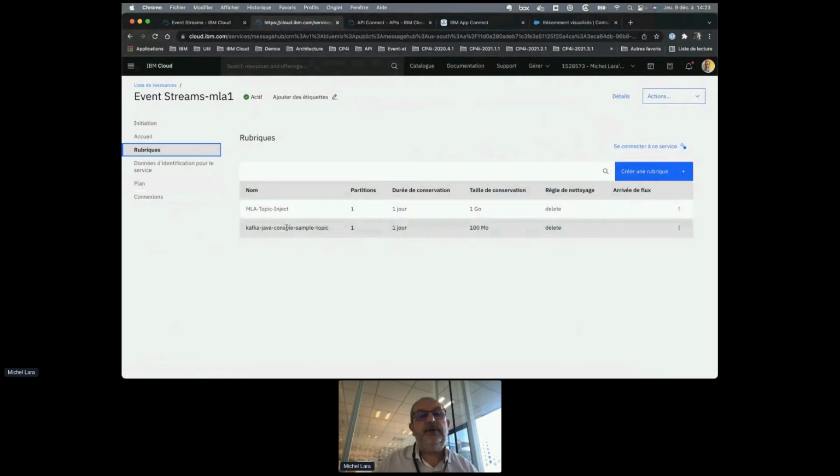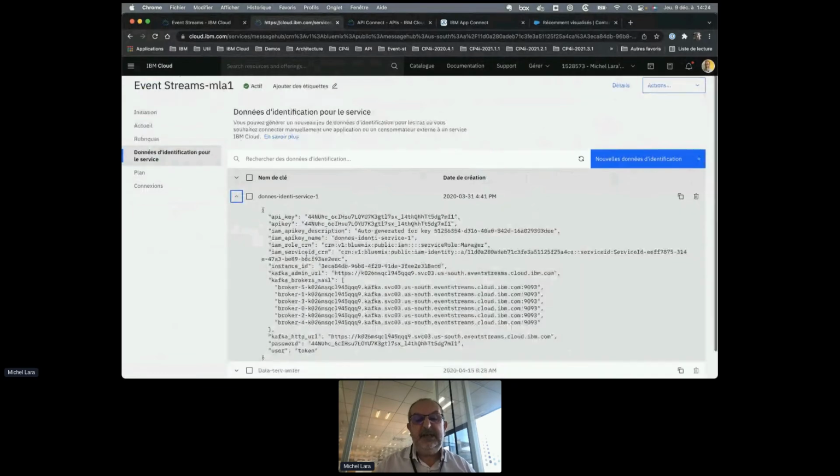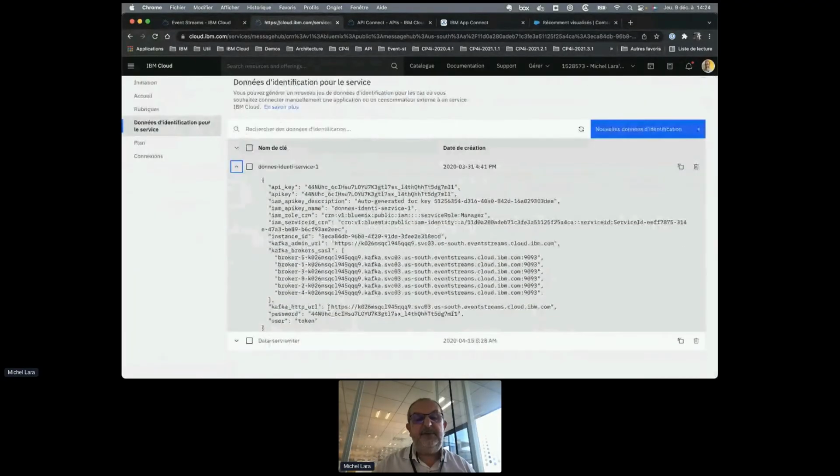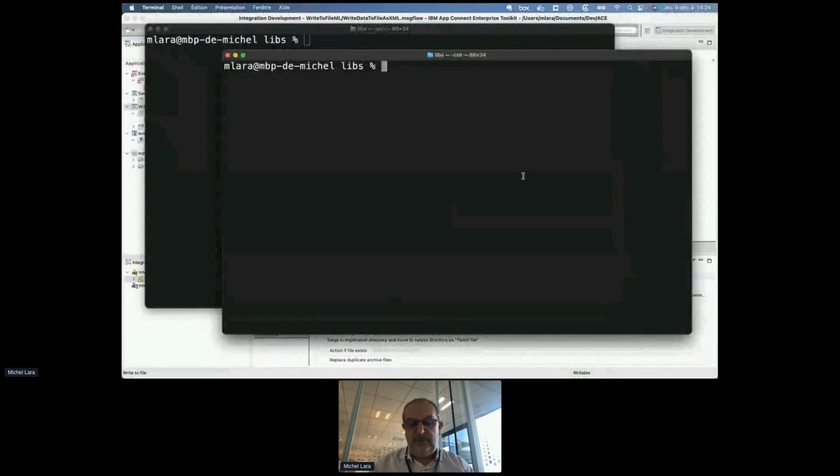I can post on my topic, and you have everything to manage, of course, the access to this cluster. So just remember this URL to manage my cluster. Now Kafka comes with very powerful tools, with examples in Java, for example, to post or to get messages.